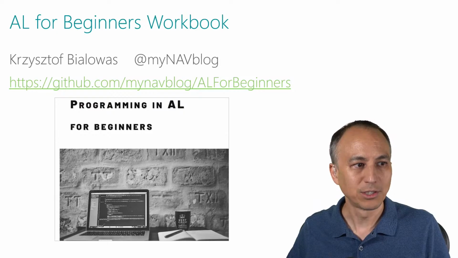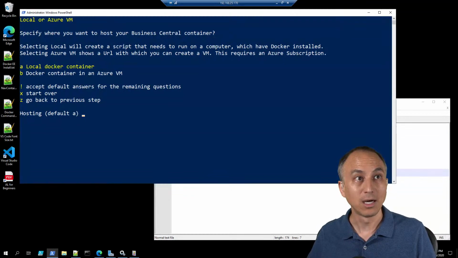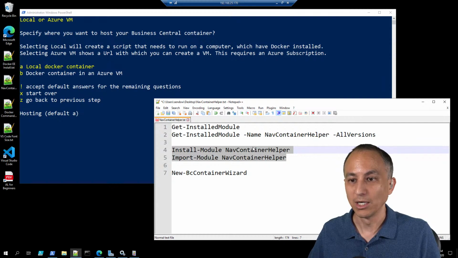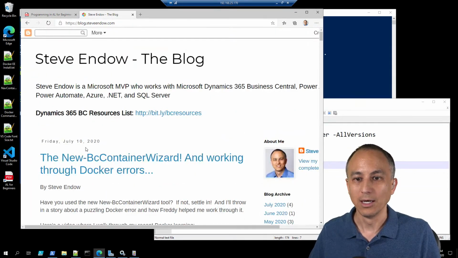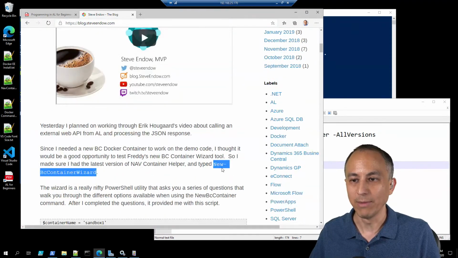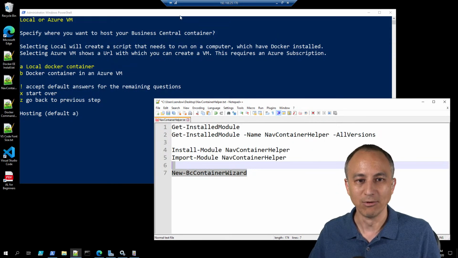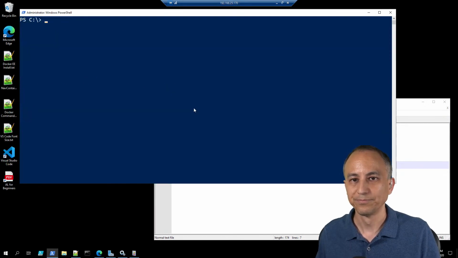Oops, I'm sorry. I'm not showing the monitor properly. Sorry about that. So catching you up, I ran these commands: install module NAVContainerHelper, import module NAVContainerHelper, and then I went over to my blog to the New-BcContainerWizard article, and I just grabbed this command, New-BcContainerWizard. So sorry about that. This whole live streaming thing, hit the wrong button. So now let me just start this over so you see it from scratch. So New-BcContainerWizard,